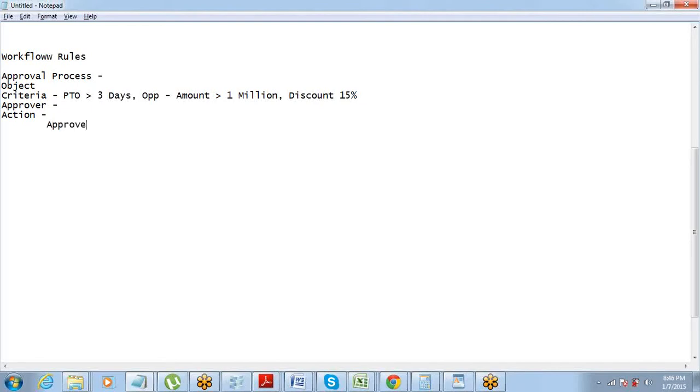The fourth thing that we have to define here is the action. Now it's not just one action. In workflow, what we had, we just had one action. So if it meets criteria, email is sent, end of the story, right? Here it's gonna be different actions.